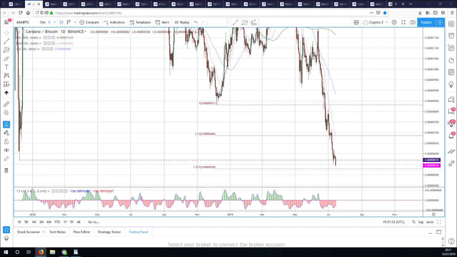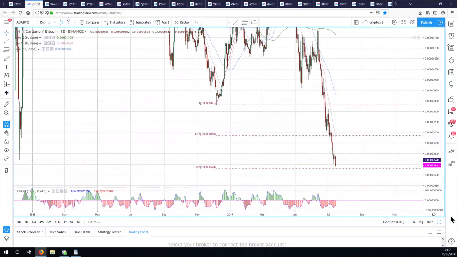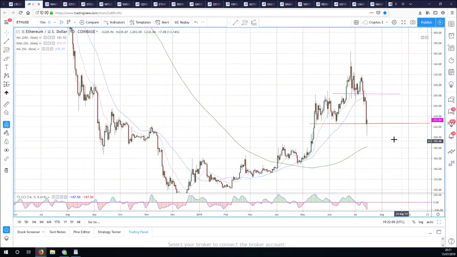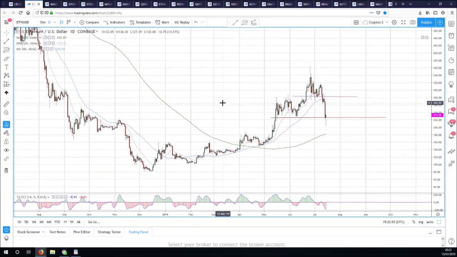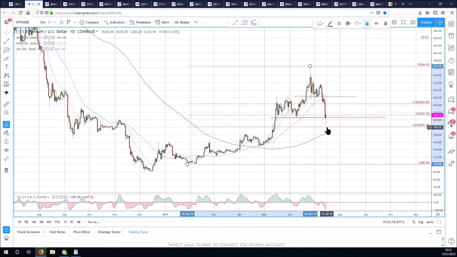Okay, the next one we're going to look at is Ethereum. The moves in Ethereum this weekend were absolutely brutal, really brutal. Much bigger than I was expecting. I'm starting to think that it's on a slightly different pattern to Bitcoin, and maybe we've got 5 waves complete. Because if this was just our wave 3, we've come all the way back to 61.8, lost all these daily moving averages. That's kind of a bit more than you want to see.